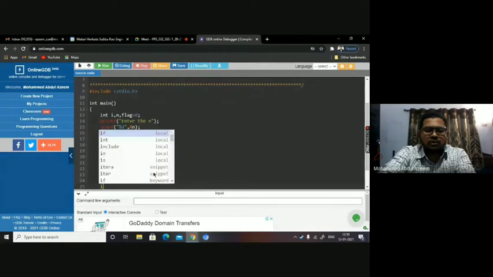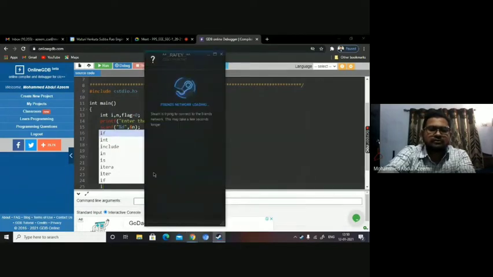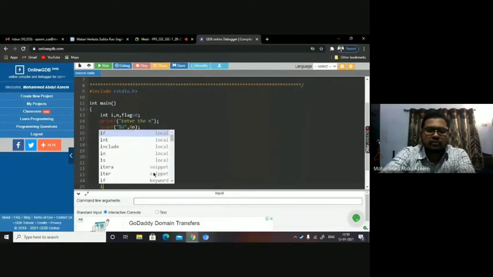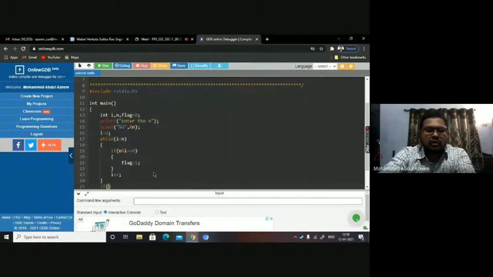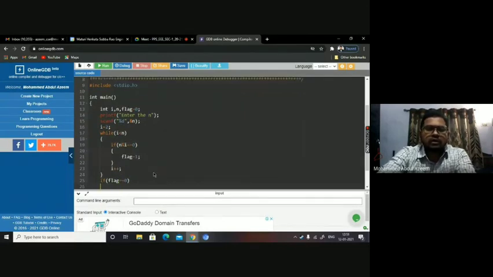So when you come out of the loop, you are checking here: if flag equal to 0, the value of flag is retained as 0 itself when you come out of the loop. That can happen only when the number is prime.